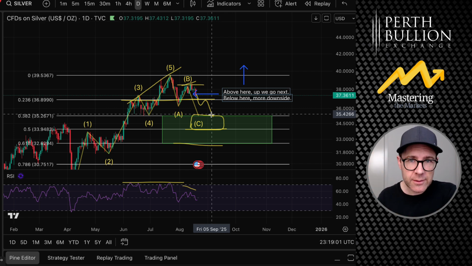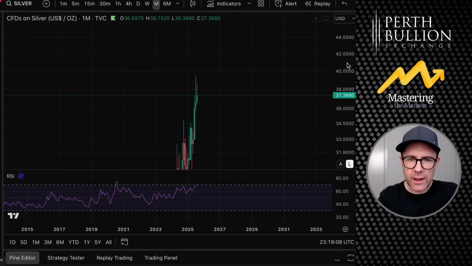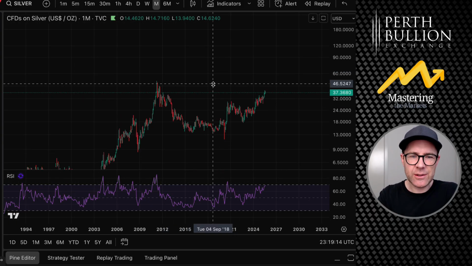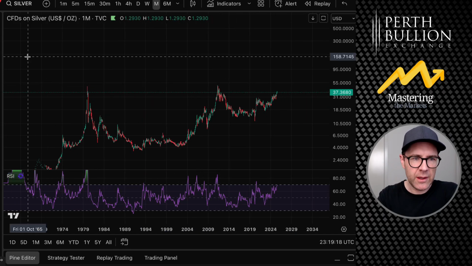Now, it will rip. Eventually it'll rip up to $50, once it breaks $50, just so you know, for all the people who are getting into silver for the first time. If you were like me back in 2010 and you were like, what is this silver thing? And then you started learning. Let me quickly show you very quickly right here.